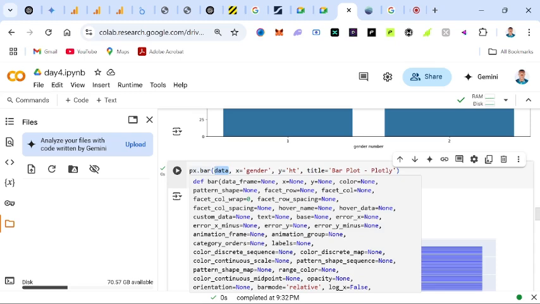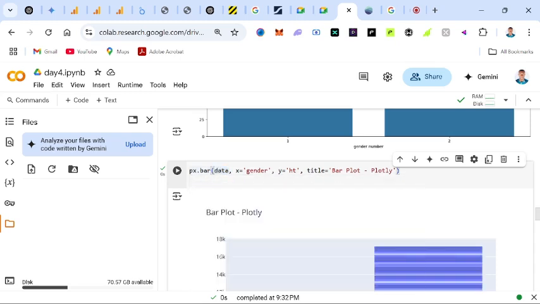So you just write the name of the data. That is your data set. You just write the name directly, comma, or you can put it at the end. Remember, I told you the position doesn't matter. You can start with x-axis, y-axis before the data name, or you can start with the name of the data, then x-axis, y-axis. So you can see after that, the name of our x-axis, we put gender,